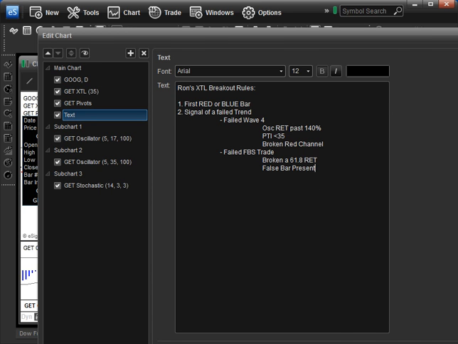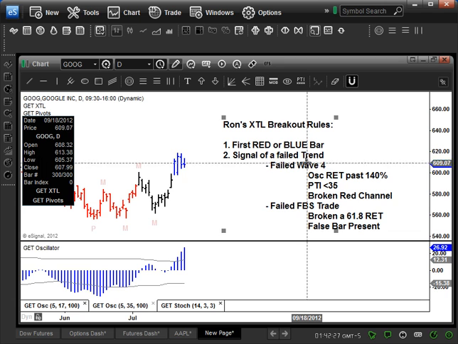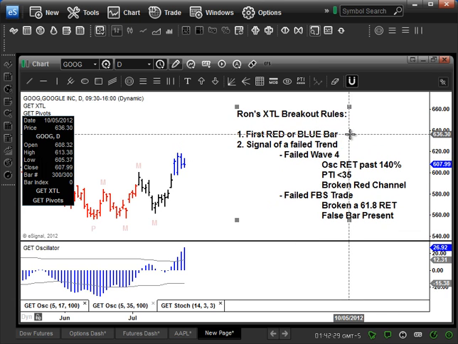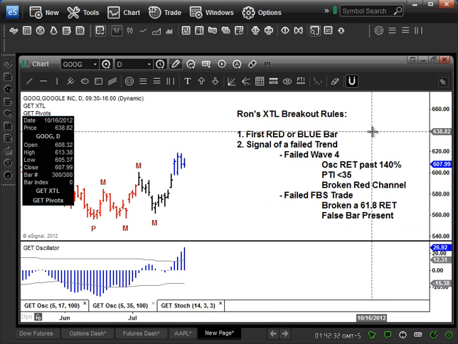Now, the false bar present is a little, I don't want to say tricky, but you have to pay attention to the trade here. A failed false bar stochastic trade. What is a false bar stochastic trade? You're looking for a false bar on top of stochastic indicating an uptrend, followed by a stochastic below 25. That would be a stochastic buy. Well, a failed false bar stochastic buy would be the retracement took out 62%, or you start to see a